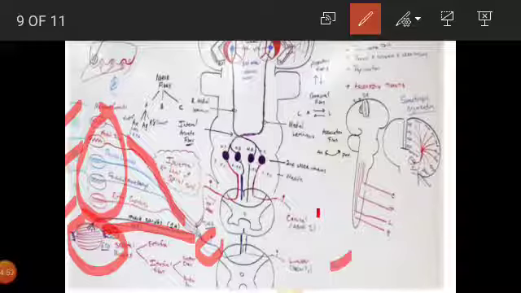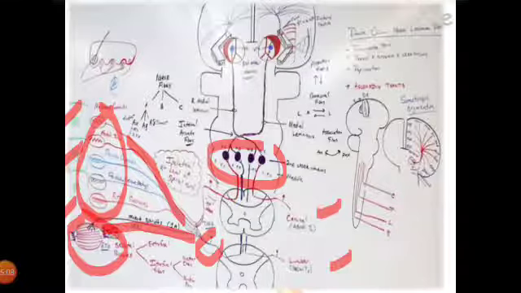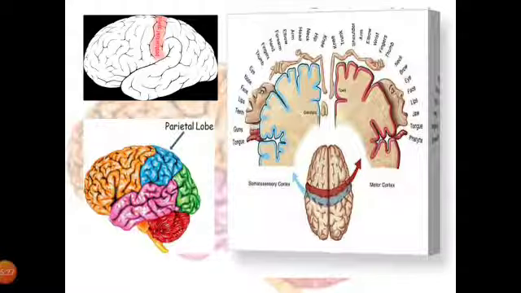At the lumbar level and at the cervical level, there will be fasciculus gracilis and cuneatus respectively. They reach and synapse at the nucleus cuneatus and nucleus gracilis, and then second order neurons travel to the ventroposterolateral part of the thalamus. There the third order neurons travel and pass through the posterior limb of the internal capsule, and then they spread as corona radiata into the somatosensory cortex area of the parietal lobe.